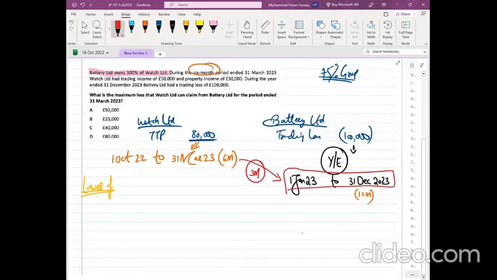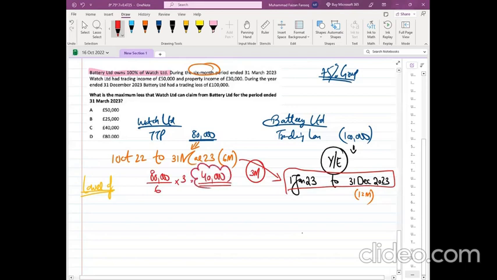इसका मतलब ये है कि जो लॉस हम एक्सेप्ट कर सकते हैं वो सिर्फ 3 महीने का। यानी 80,000 6 महीने का है, 3 महीने का हम एक्सेप्ट कर सकते हैं। आधा कर लो, 40,000। यानी ये जो कंपनी है, ये 40,000 का लॉस एक्सेप्ट कर सकती है। यानी नंबर 1, क्लेमिंग कंपनी कैन एक्सेप्ट।